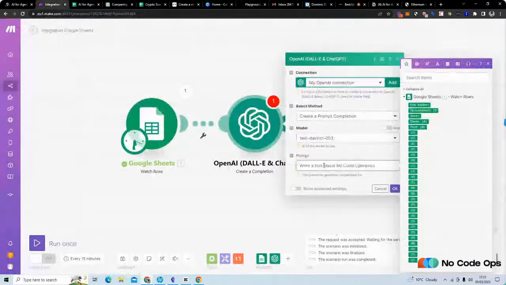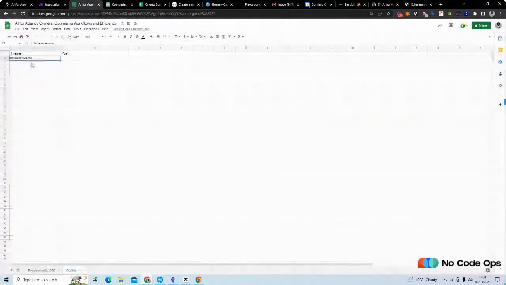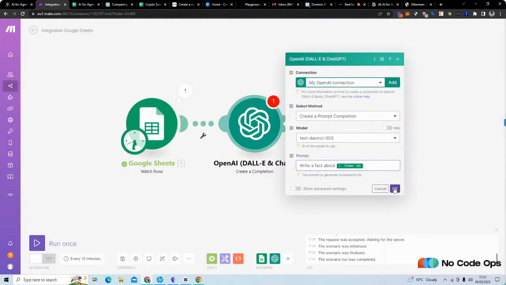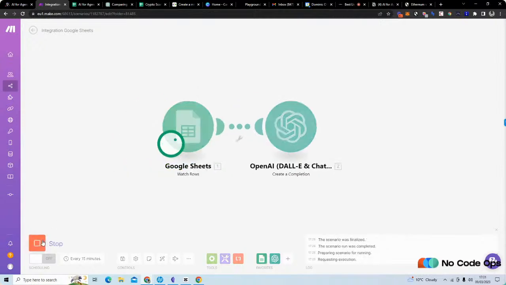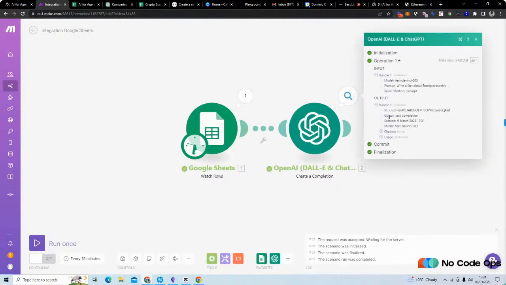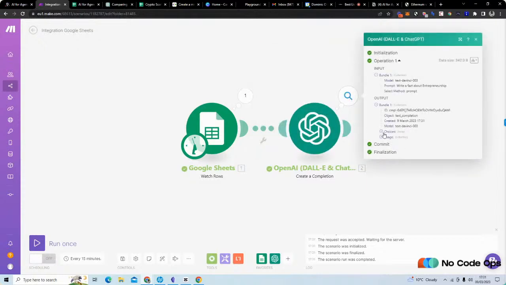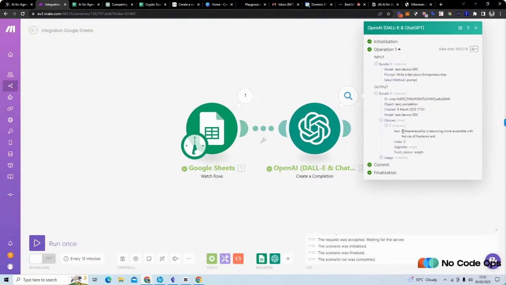So we're going to write the prompt here. Again, remember, static text plus variable. The variable here is no code operator, so I actually want to remove that and put theme. The theme is coming from my spreadsheet. So here it would be no code operators, it would be romance, it would be entrepreneurship, it would be COVID-19, whatever you want to put here. So I'm actually going to test this. We can see here the theme is entrepreneurship, and the output from OpenAI says entrepreneurship is becoming more accessible with the rise of,